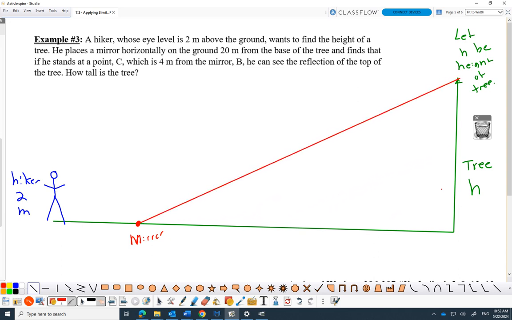And I need a little tiny bit of physics here. Light rays bounce off of mirrors at the same angle they come in. Did you do that in science? Yeah. Oh, well, I don't need to teach any physics at all. A ball would bounce off at the same angle it came in. So do light rays. That's great news for us because